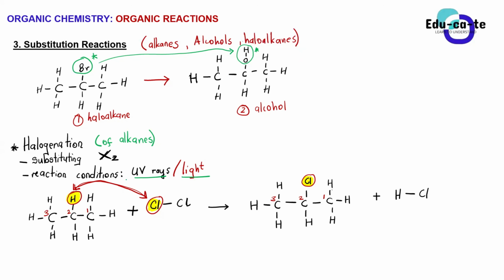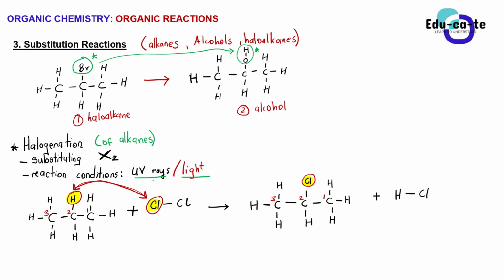So we just exchange those two, guys. There is no major product, there is no minor product here, because you are not removing anything, you are not adding anything. So you will not use a Markovnikov rule at any point, you will not use Zaitsev rule at any point. So that's it about halogenation. Nothing much else about it. You are just exchanging two groups.